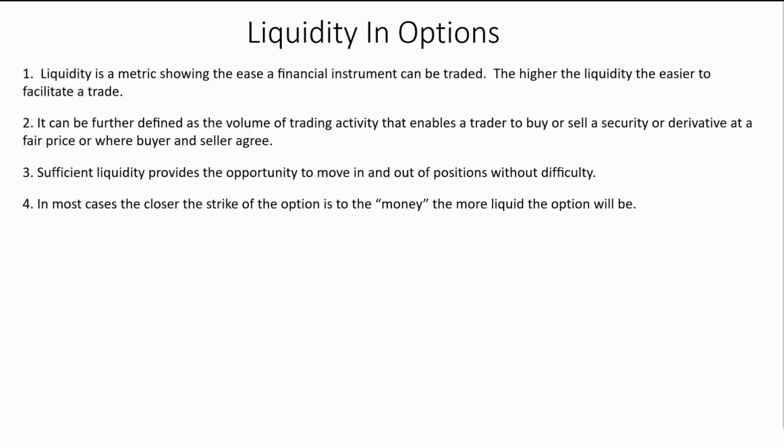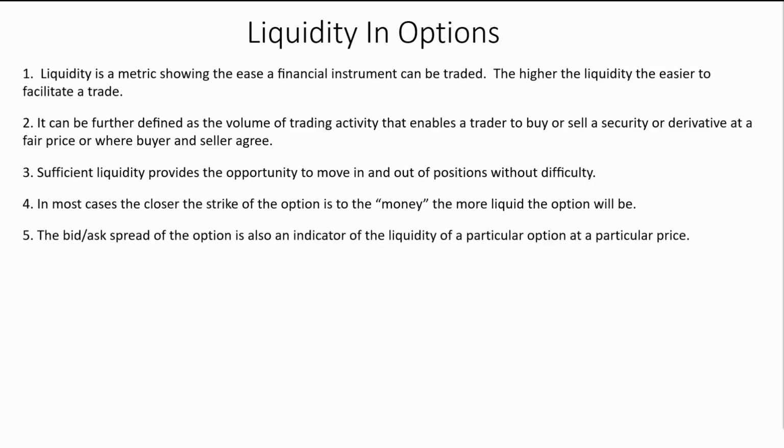Now, as you get further away, up at the 120 or down in the 80 range, you're going to start to see those spreads widen out a little bit. That's what I mean: the closer you are, the more liquid the option will be. And we're trading mostly options that are reasonably close, normally at least within one standard deviation of the price. Like I mentioned earlier, the bid-ask spread of an option is also an indicator of liquidity. The tighter that spread, the more liquid that stock or that option on that stock is. It's really simple. The bid-ask spread is an important thing to look at.